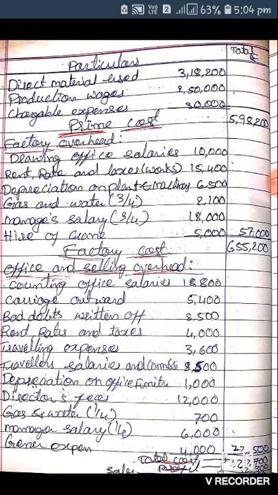To get the profit gained in the year, we have to deduct the total cost from sales. After deducting the total cost from sales, the profit for that company for the year ended 31st March 2013 is 52,300, according to the given information. These are the details for the year.